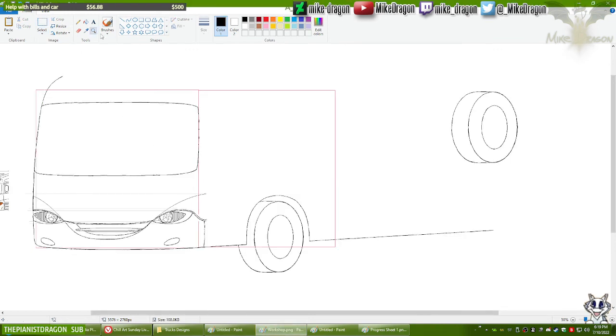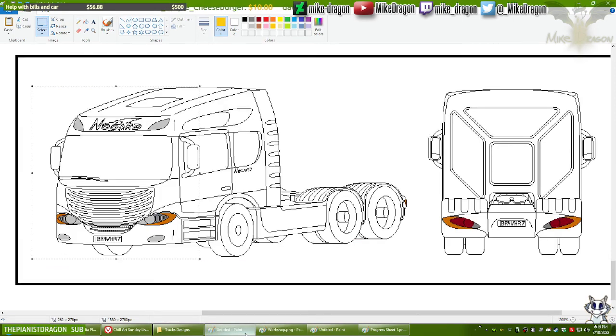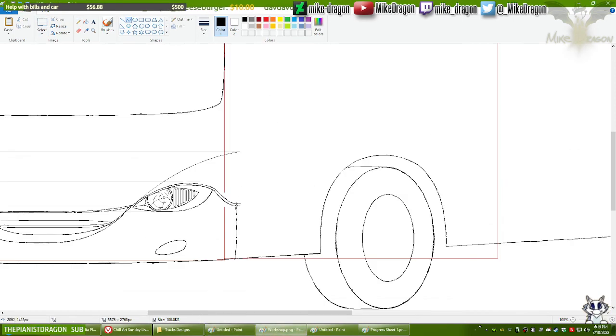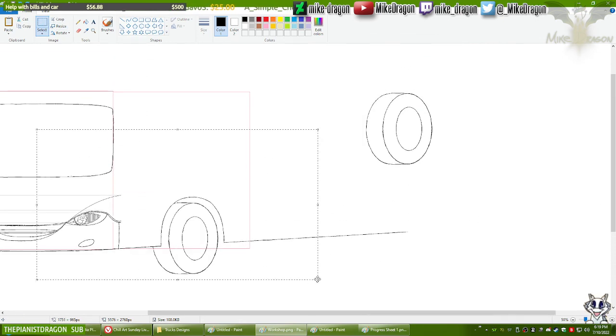Actually, no. I should do the division of the chassis and the cabin. So I'm gonna need a pair of lines. This line actually, you know what? Hold on. Let's copy this entire section.